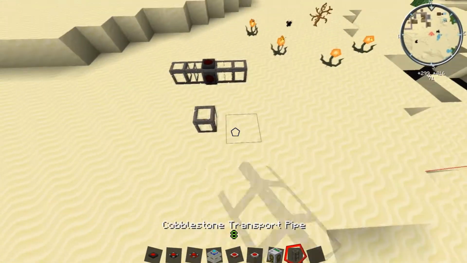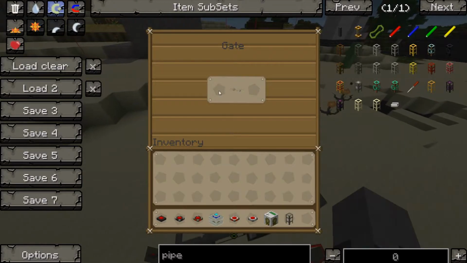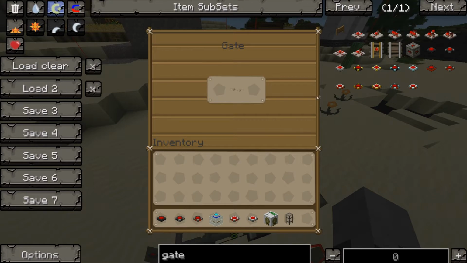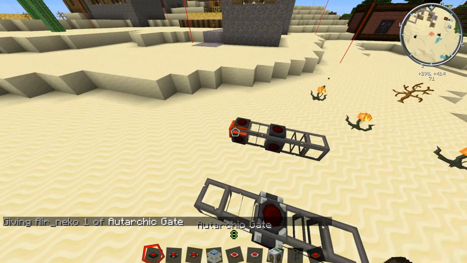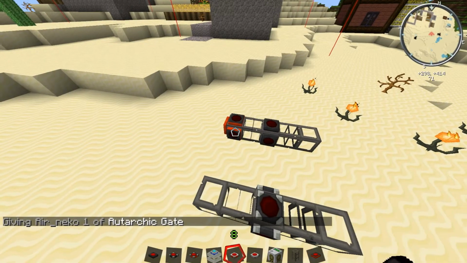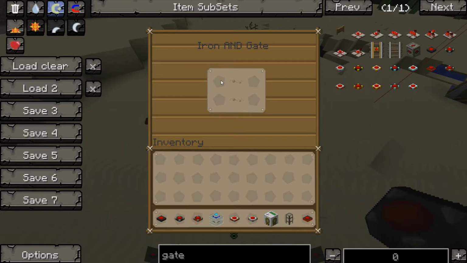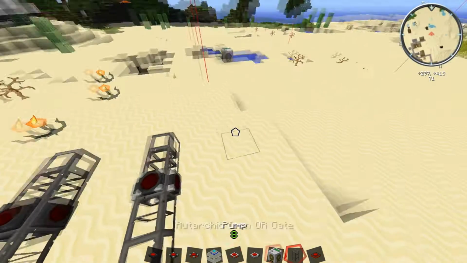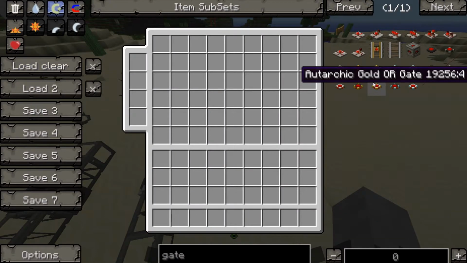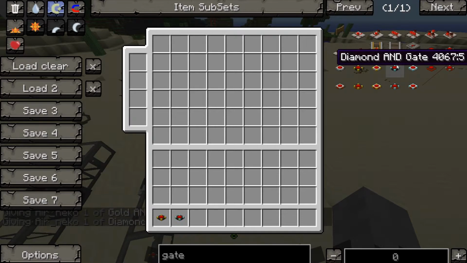If you look at other gates, say this gate, it's only got one row. It's the default gate. You've also got the default autarchic gate, which looks a bit cooler, but it does exactly the same. It's got only one row. Here we've got an iron AND gate, and it's got two rows. Now if I go through all the gates, normal default gates up to